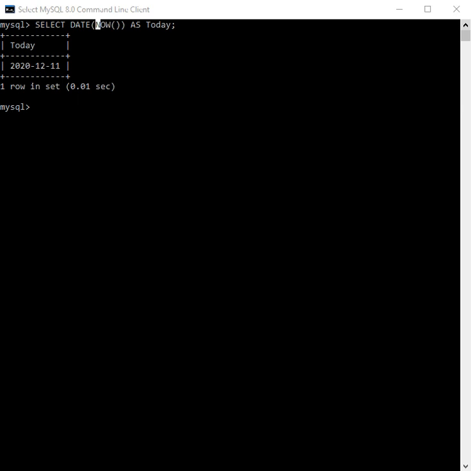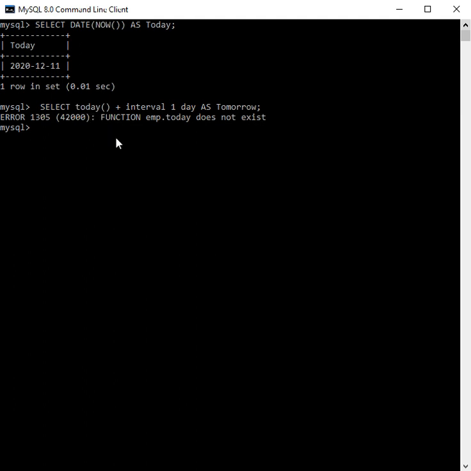We can even use increment or decrement. Suppose we want to get tomorrow's date. I can retrieve it by using today plus one, so it becomes tomorrow. You can observe here, I'm selecting the today date function, and it says today does not exist. I think I have some problems in my system.